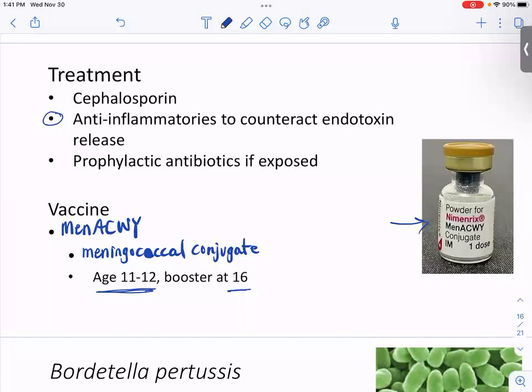Question? Yeah, so what causes the black necrosis when you get the petechiae? I think, I mean, capillaries are bursting. You know, that's a good question. Necrosis just means death of tissue. So yeah, it does look like it's burnt, but I don't think that has anything to do with it. I think it's probably just not getting blood supply. Yeah, so good.